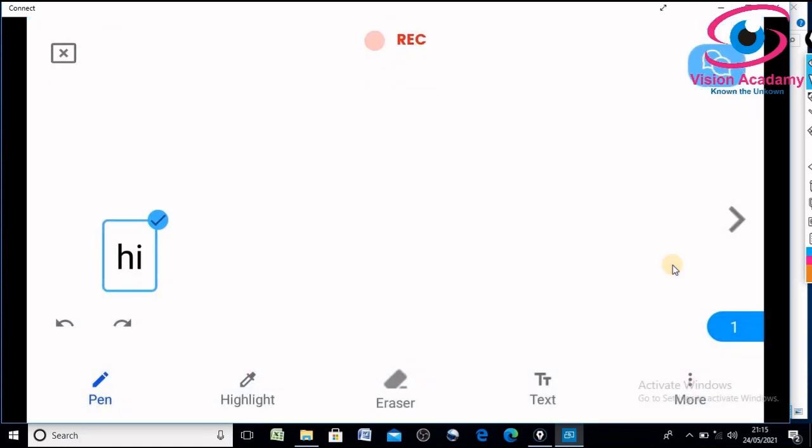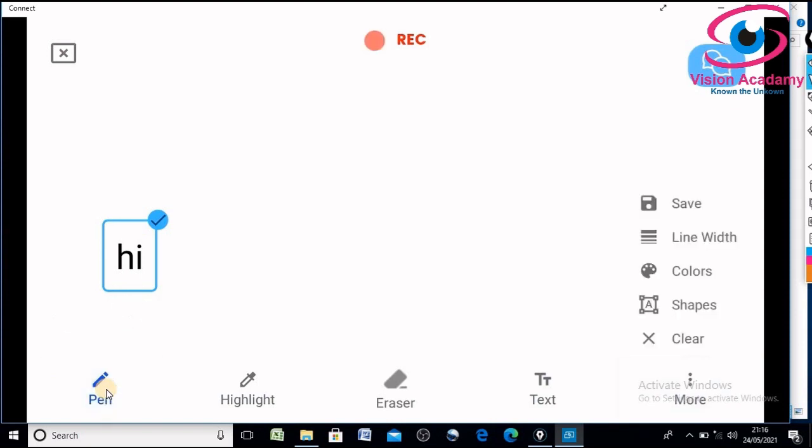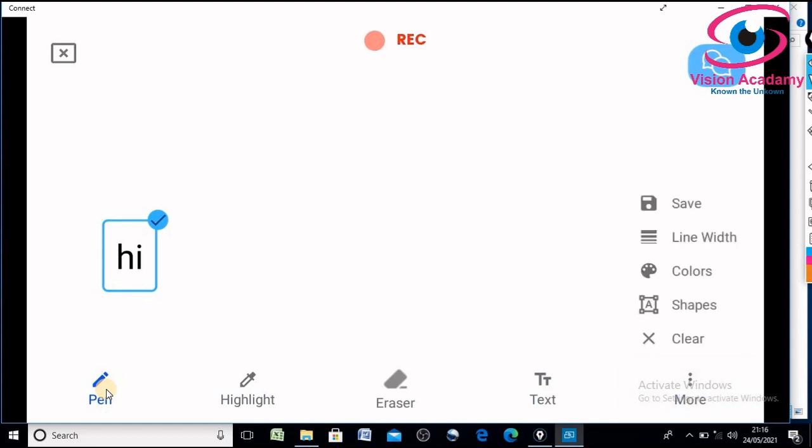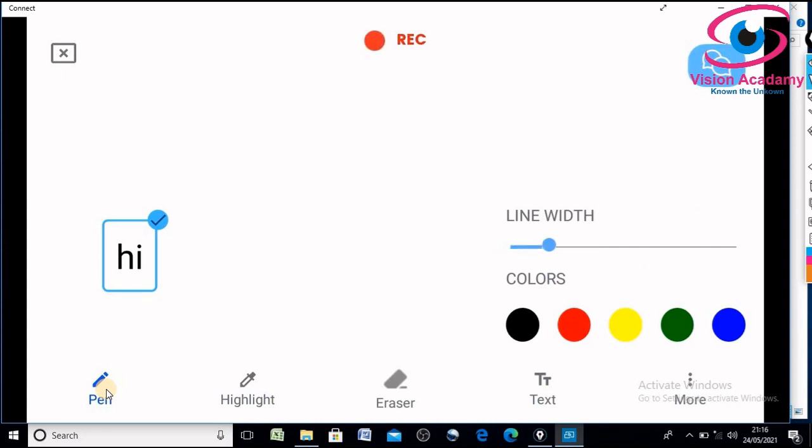These options are very useful for conducting class. One more thing, you have pages here, a number of pages also. Now I went to the second page, now the third page. Page-wise you can write and save this, and you can send the same thing to students also. This is the whiteboard, you can write whatever you want. You can select the pen and the color of the pen. I will go for green, and I can change the width of the pen. I will increase the pen width.